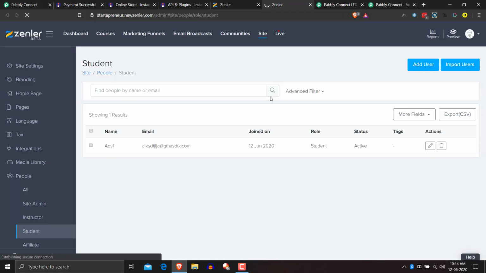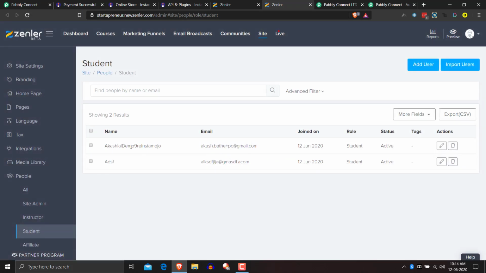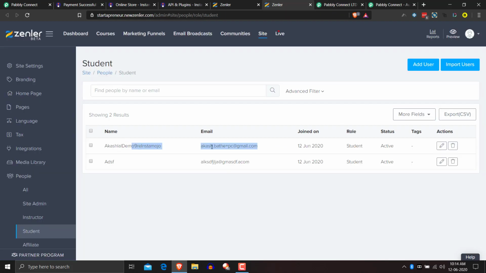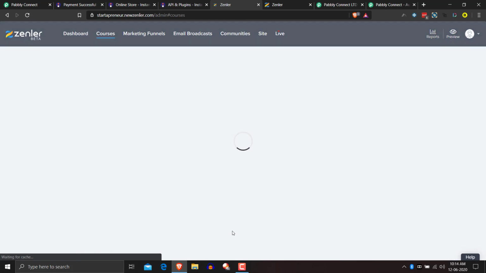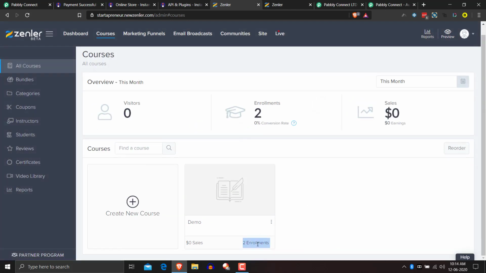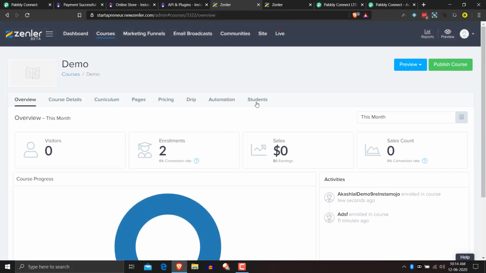I'll hit reload and you will see my entry too. As you can see, I just paid, and I'm automatically added to Zenler as a student, and also added to this course as a student as well. See, 2 enrollments. If I go into the students enrolled, I'll be able to see that I have been added as a student.